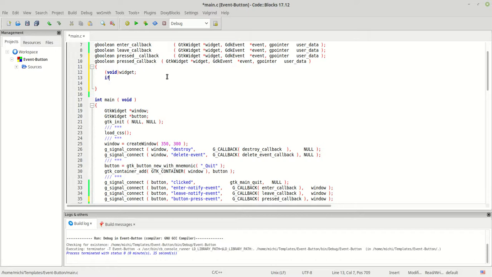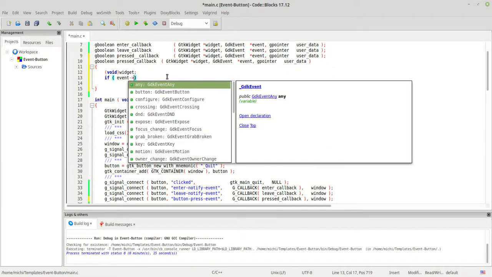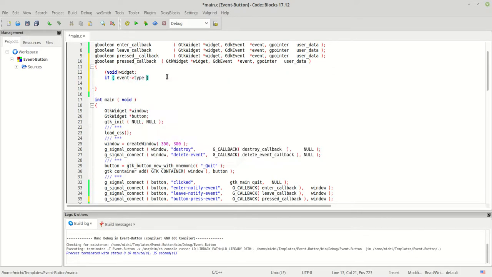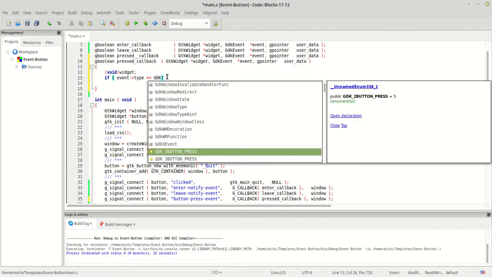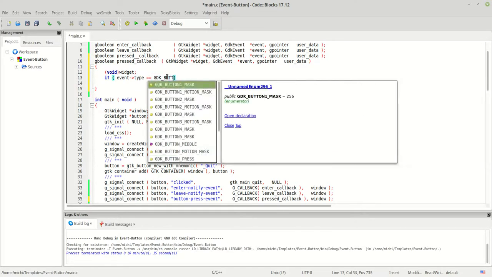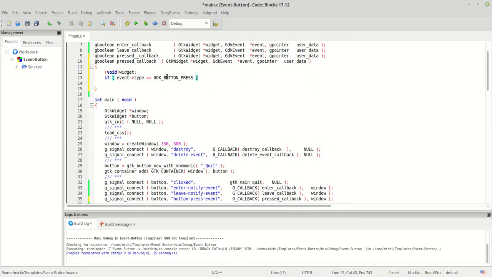So we'll say if event type was a GDK button press. Yes, so it says if the event type which was caught is a button which was pressed, then